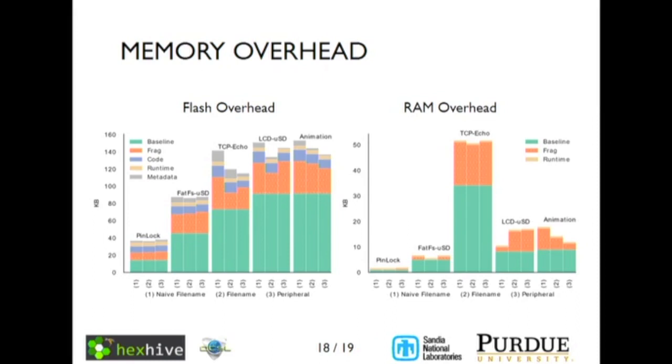Or sorry, that's the runtime. The blue, the code, is because we instrument the code in the program, so it increases the code size. And then we add metadata, which encodes all of the whitelists and the valid targets for compartment switches. But the largest overhead, both in RAM and flash, is fragmentation. This is caused by the memory protection unit requiring that all of its regions be a power of 2 in size. So every code and data region we have to pad out to a power of 2, and this results in high overheads.